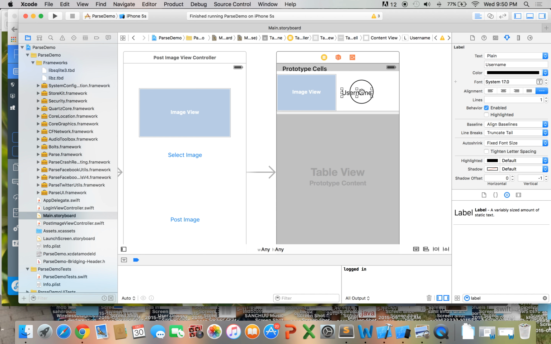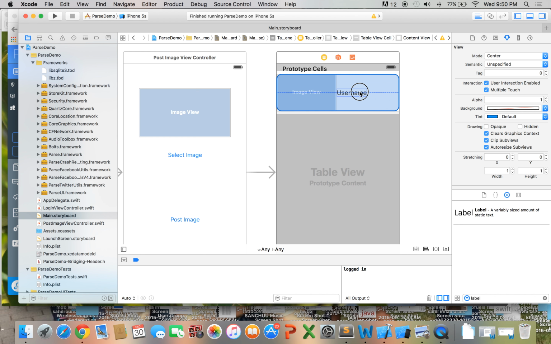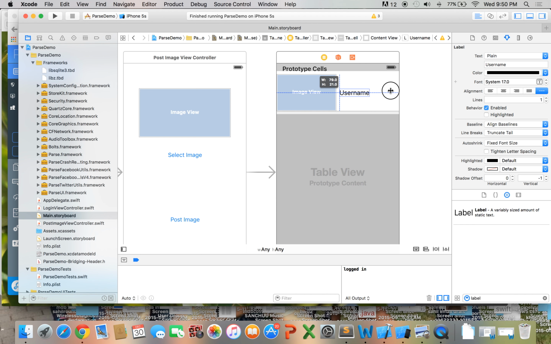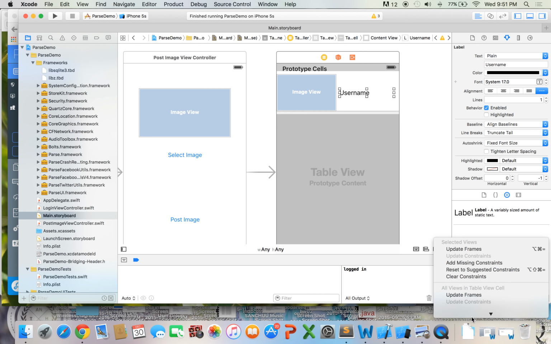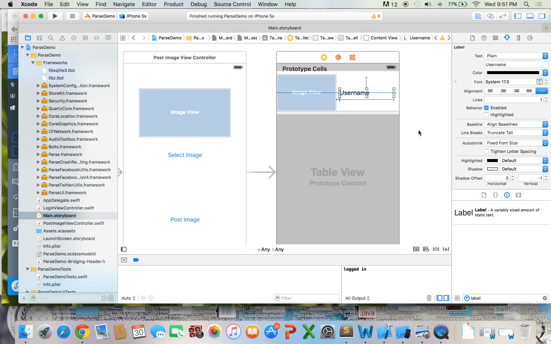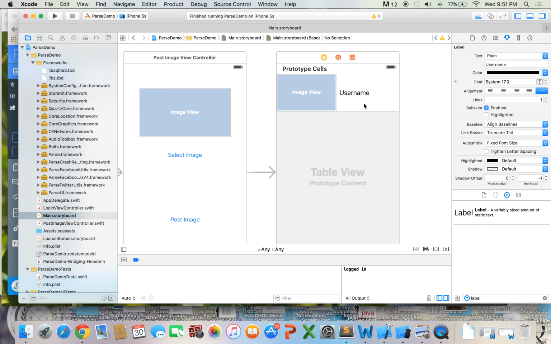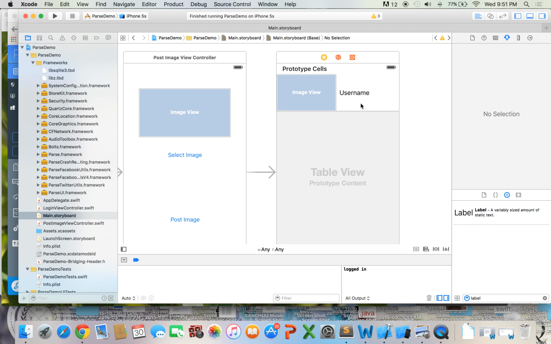So the next thing that we want to do is make sure we add some constraints to this. So before adding constraints, we'll stretch this out in case someone has a long username, and we'll go down here next and we'll add constraints just like we did before. So we'll click on this triangle and we'll say add missing constraints. Awesome, so now we have a custom cell,